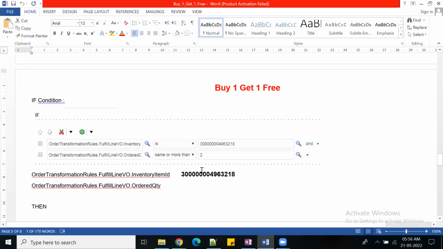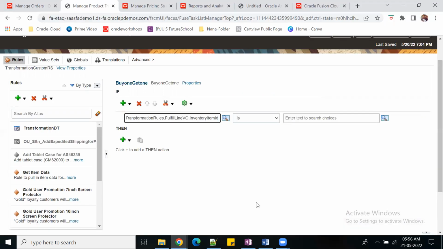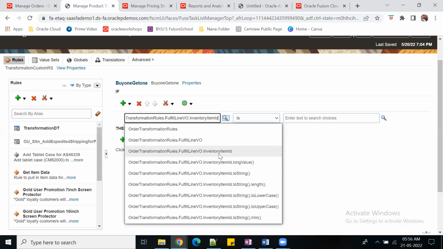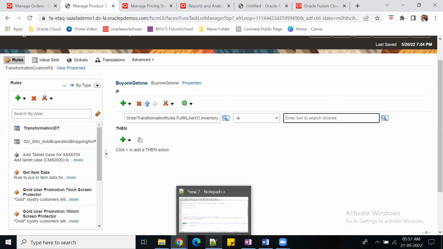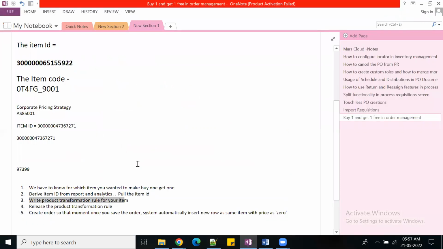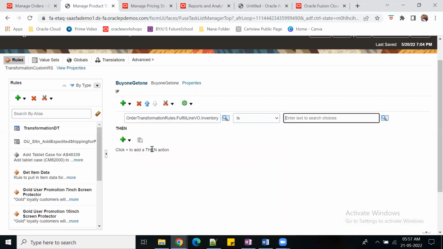Okay. So what is the first condition? This is the first condition: order transformation rule, fulfillment line VO dot inventory item ID. So whenever this is my ID, meaning whatever ID I am taking, whenever this is equal to this, okay, and then